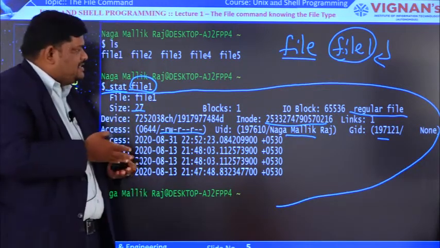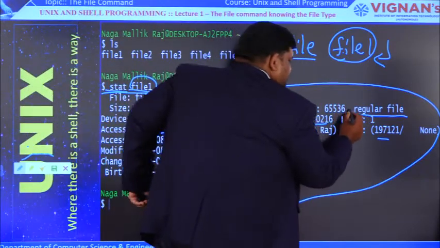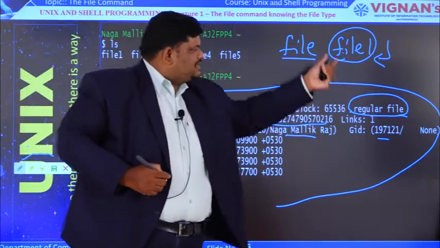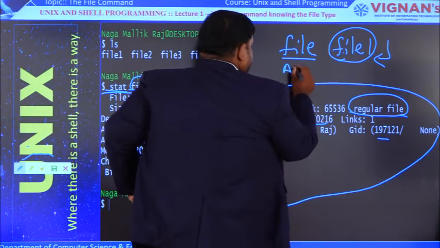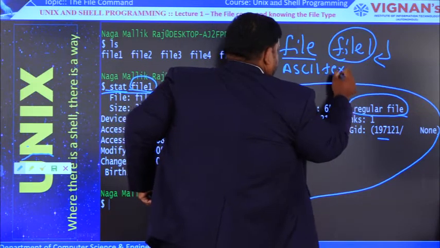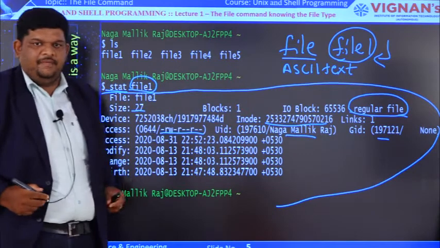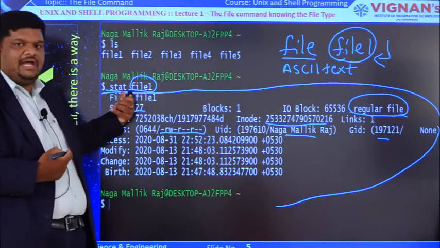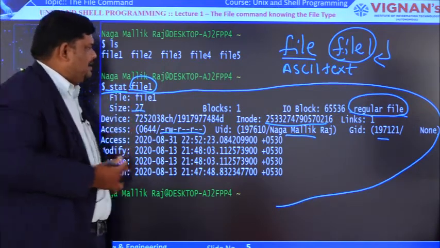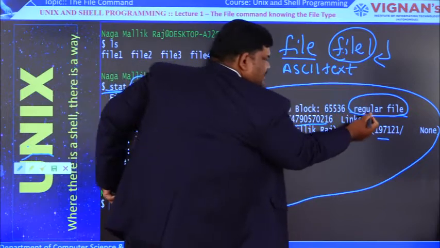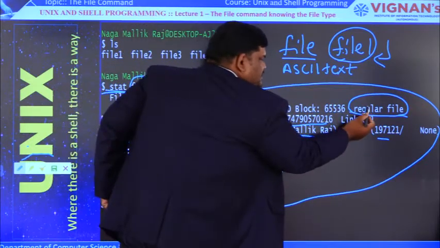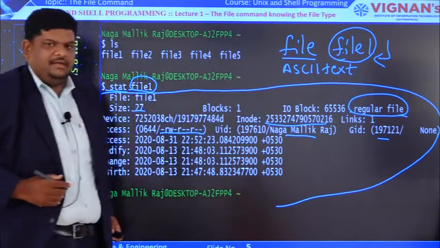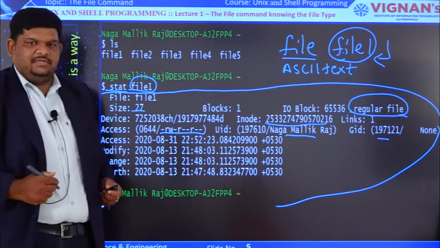Now the file system testing will take this and check what it means. Regular file. By taking this output, it will return on the screen ASCII text. Like this, the output will display. So the file system testing itself asks the kernel by using the stat system call. With the help of the stat system call, it finds which type it is. If it is an empty file, it will give empty here. So with the help of the stat system call, our result will come like this, ASCII text. This is all about file system testing.